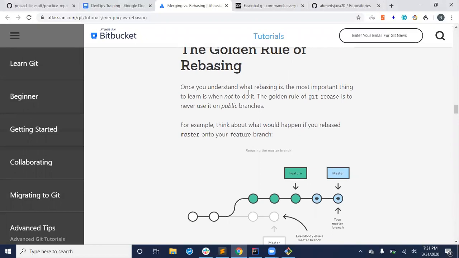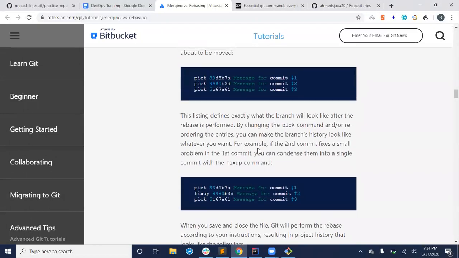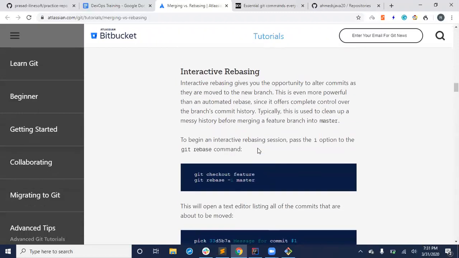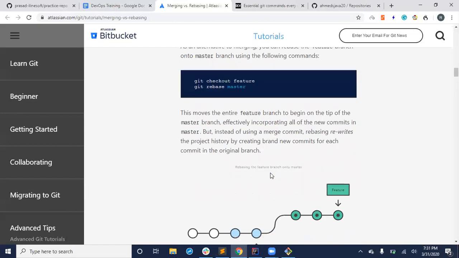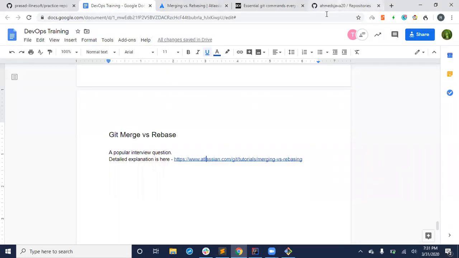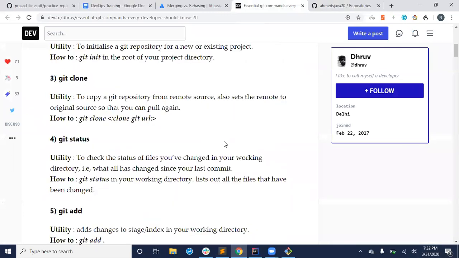And once you know some Git basic commands, you can read this tutorial. Ilyas, probably it might work out for you. But for all of you, don't read this tutorial. I just pasted it for his information. Whenever you feel you want to know more about rebase versus merge, you can read about this. For now, just focus on these simple commands as much as possible. And yeah, these general commands you can follow.